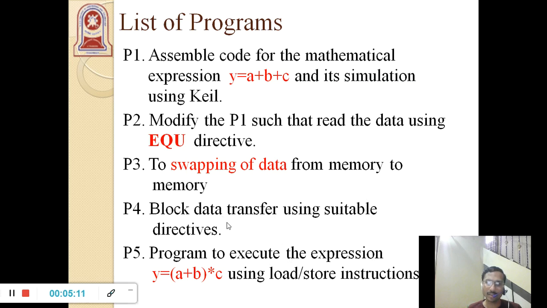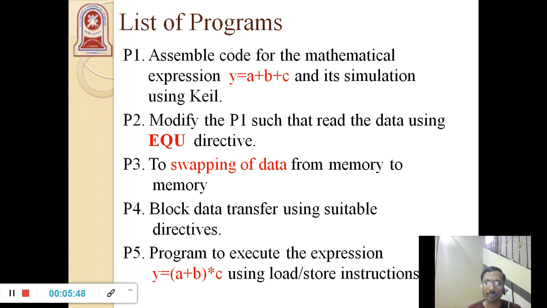To give a live example for block transfer, assume that you have some data in your pen drive and you want to transfer those data from the pen drive to your laptop. That is what I can call transferring a block of data from one memory location to another memory location. Earlier your memory location was your USB. Your USB has some memory, which means obviously it should have some address, and from that memory location you are trying to transfer that data to your laptop hardware.